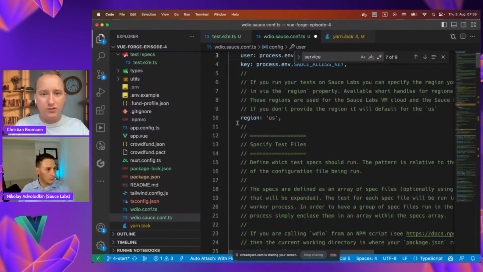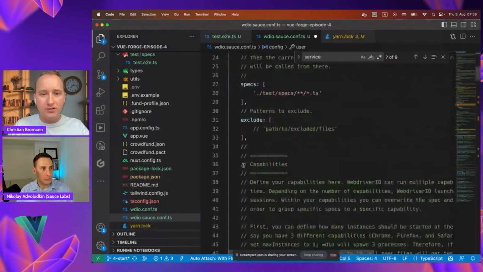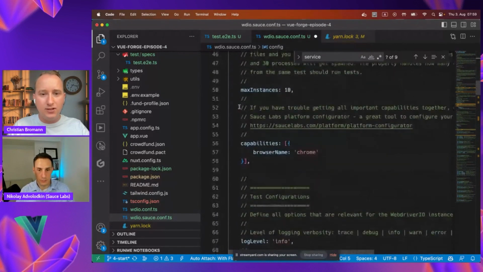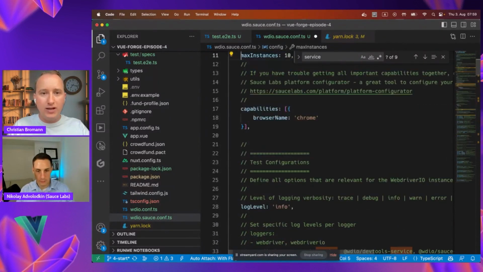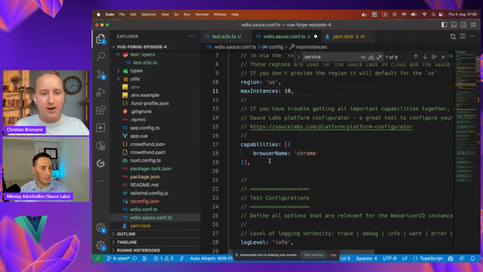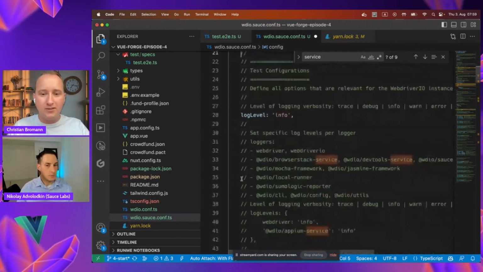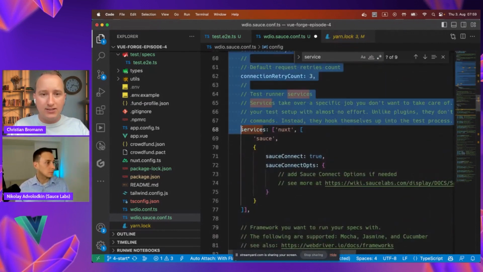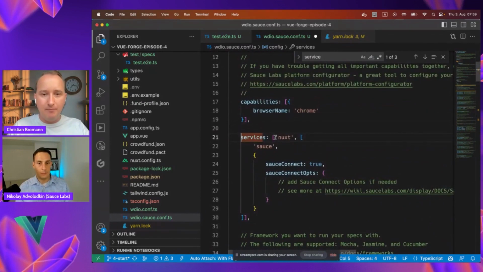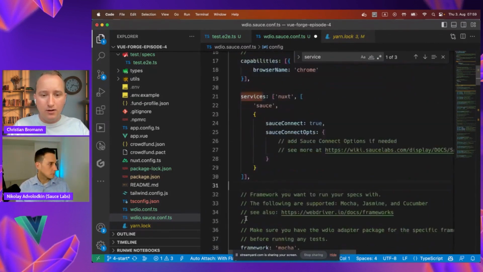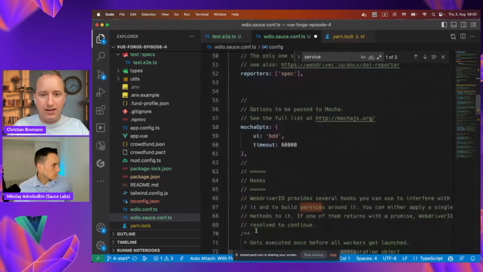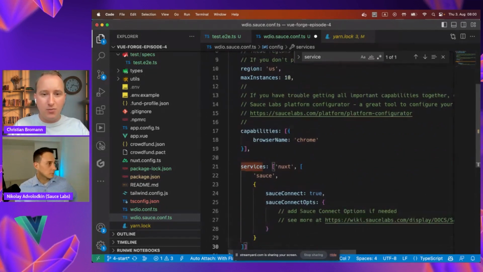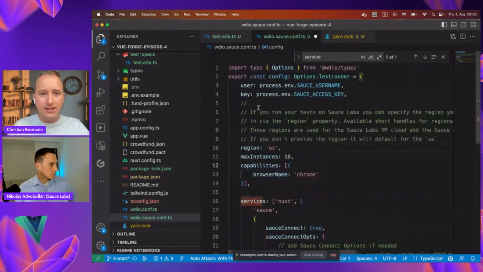We want to have the user. Those are all Sauce information, so we want to keep it here. The specs don't change. The exclude doesn't change. We want to keep max instances and the capabilities because later we want to scale this up. We want to run more tests on more browsers and environments. The rest stays almost the same. Services, we keep both. And the rest is the same. Those are all common. So we keep our sauce config very small. Basically, only keep the